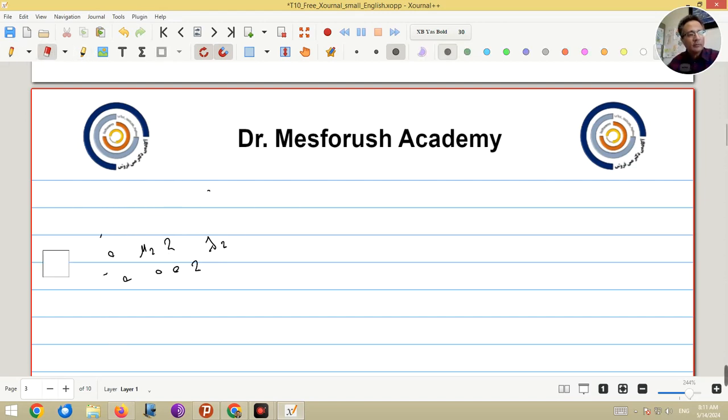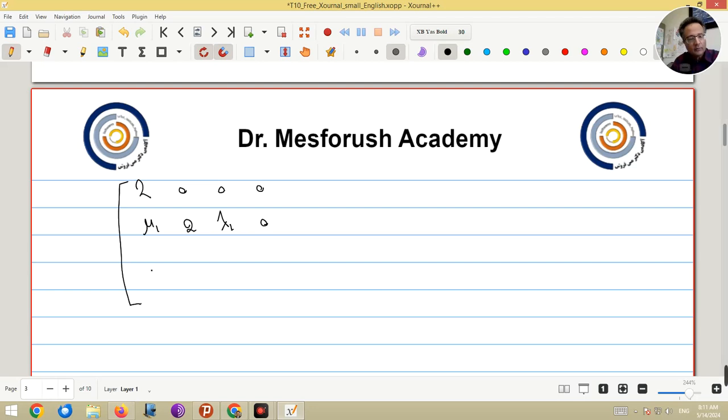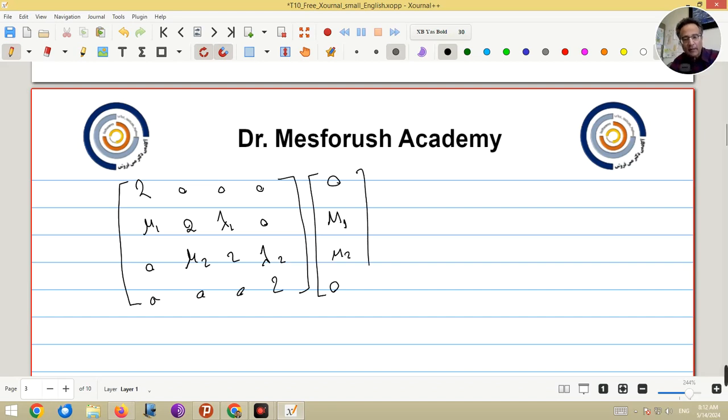Let me write it in a better shape, something like this: the matrix with rows 2, 0, 0, 0; mu 1, 2, lambda 1, 0; 0, mu 2, 2, lambda 2; 0, 0, 0, 2, times m0, m1, m2, m3. Okay, m0 is 0, m3 is 0, so it just remains m1 and m2, and it should be equal to